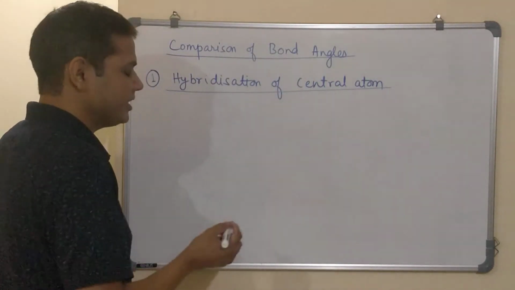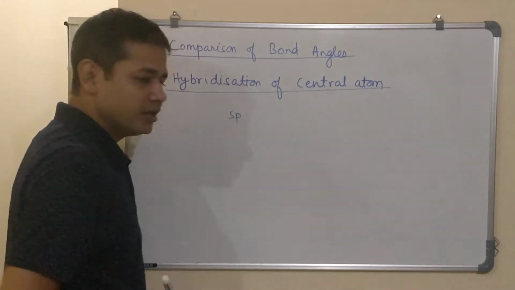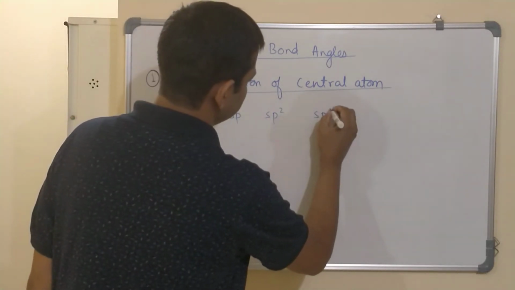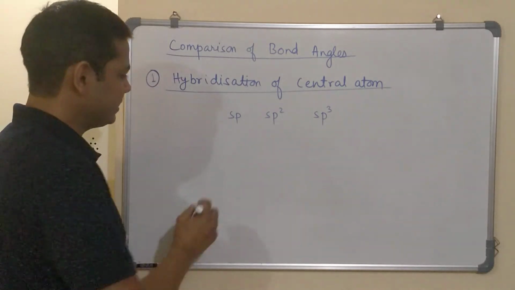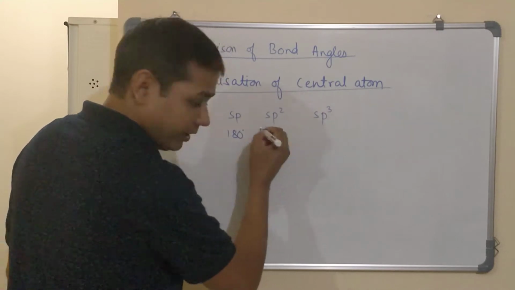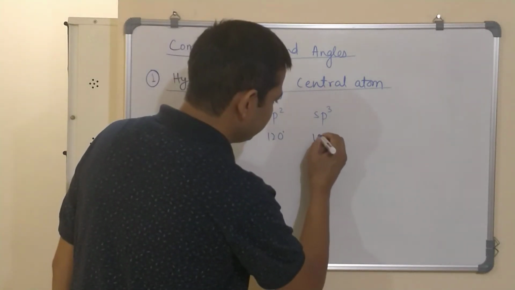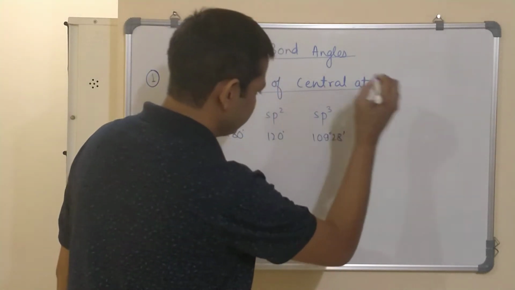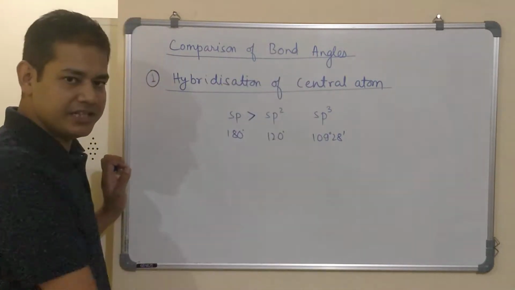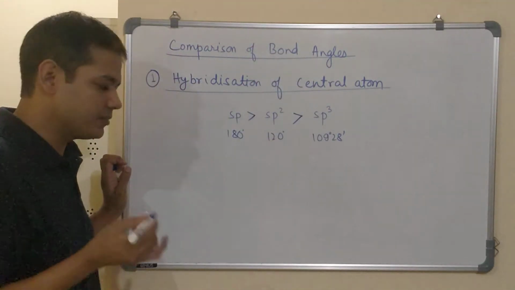We have already learned hybridization and bond angles associated with different hybridizations. The three most common hybridizations for second period elements are sp, sp2 and sp3. An sp hybridized atom results in a bond angle of 180 degrees, with a linear geometry. An sp2 hybridized atom has a bond angle of 120 degrees, resulting in a trigonal planar geometry. And an sp3 hybridized central atom results in a bond angle of 109 degrees 28 minutes, approximately 109.5 degrees. So if we look at the order of the bond angles, if hybridization is sp, the bond angle will be greater than if the hybridization is sp2, than if the hybridization is sp3.